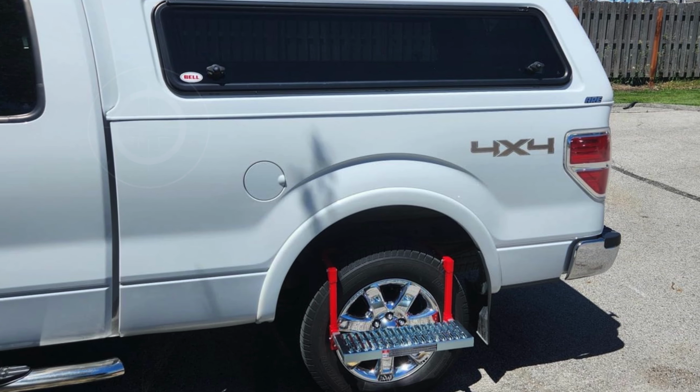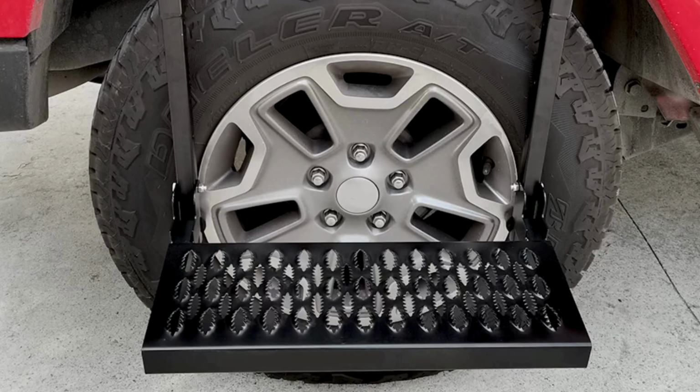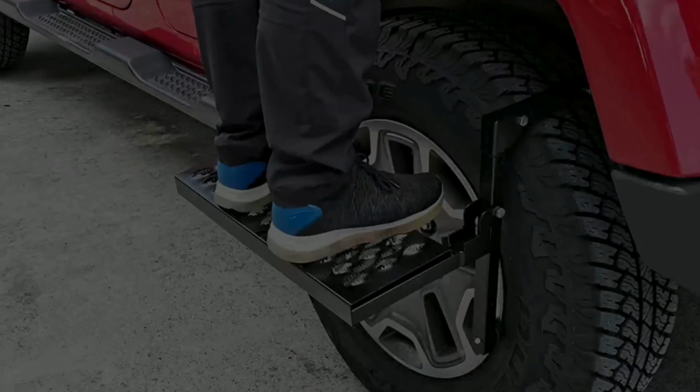Ready to roll? Join us as we explore how tires have transformed over the decades, ensuring your safety and enhancing